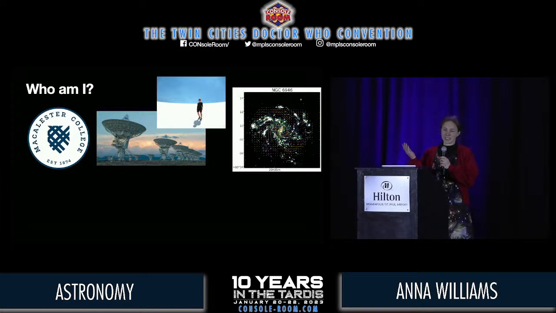So here is an example of magnetic fields in a spiral galaxy, as you can see with those little orange